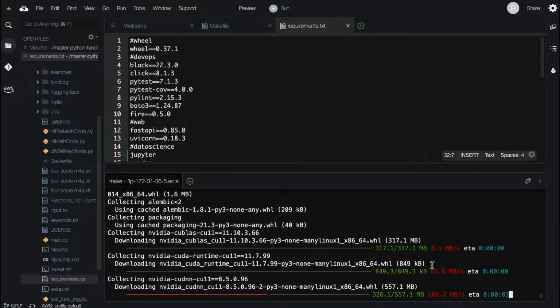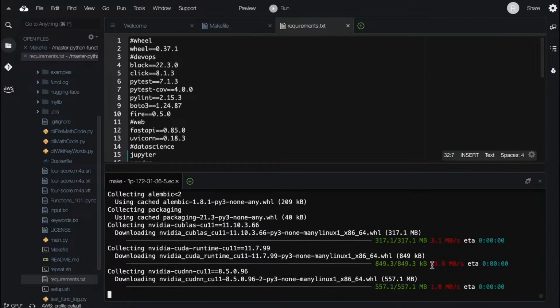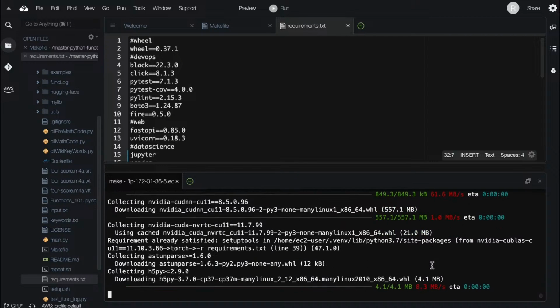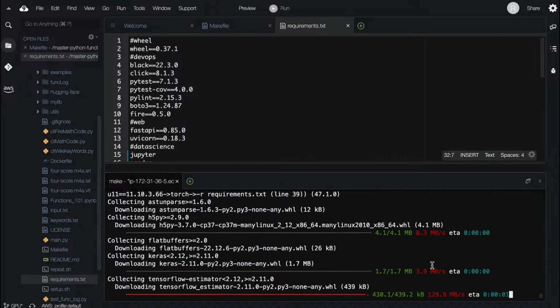Now it's installing some NVIDIA stuff. It would be kind of neat if Cloud9 was able to do GPU. It does not have that capability yet, which is something that would be nice to do.